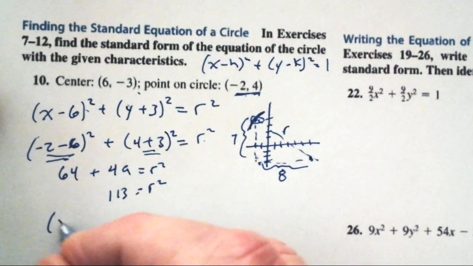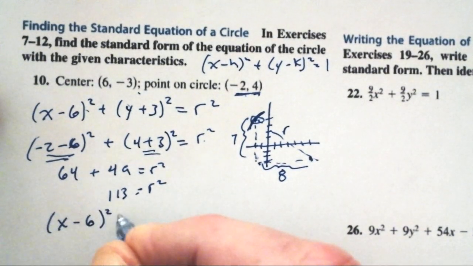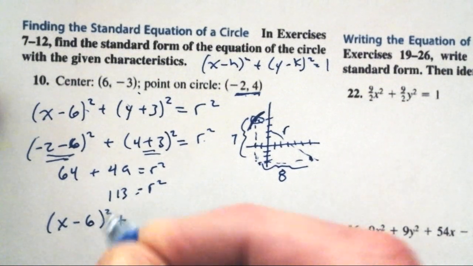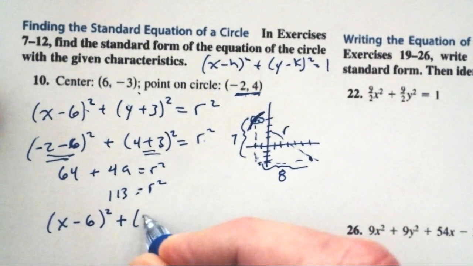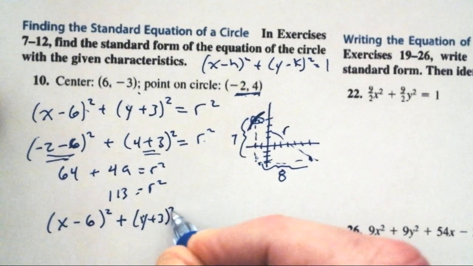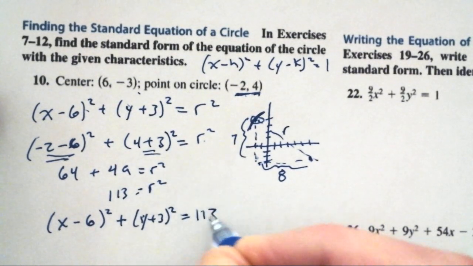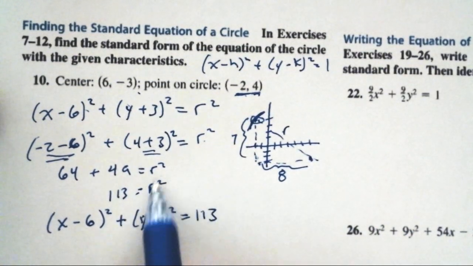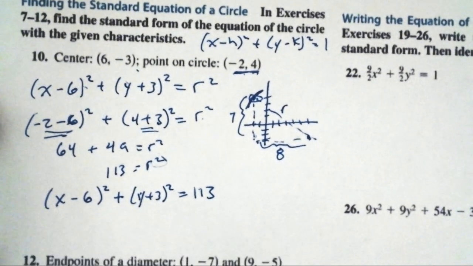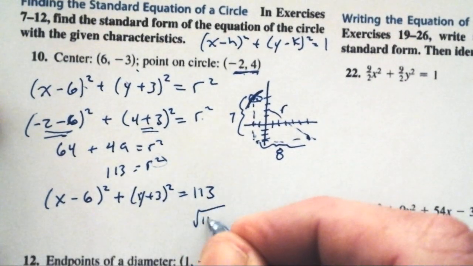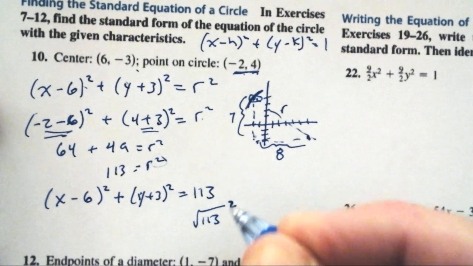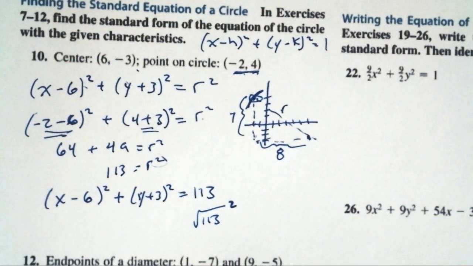So we end up with our standard form, (x minus 6) squared plus (y plus 3) squared equals 113. Not 113 squared. The squared's already built in. If you want to have a squared in there, then it's the square root of 113, squared. Okay,